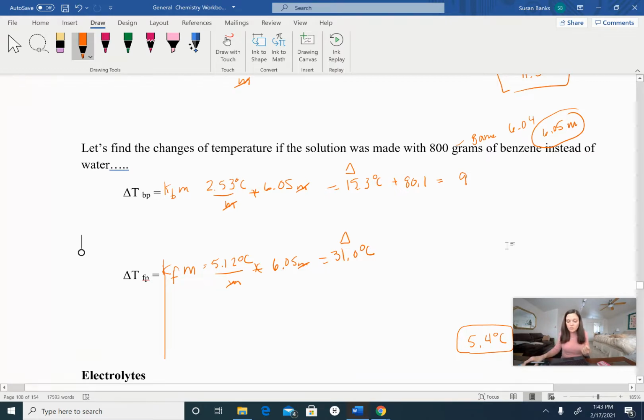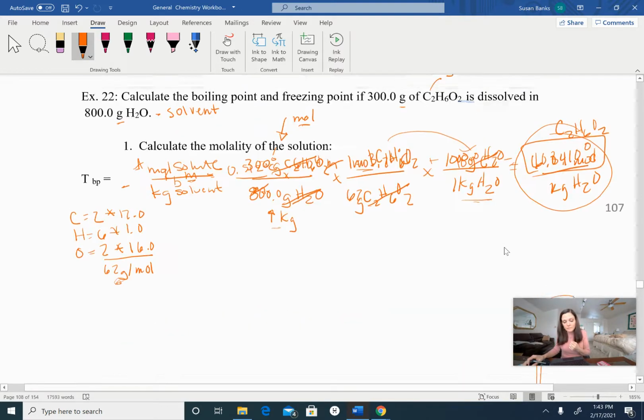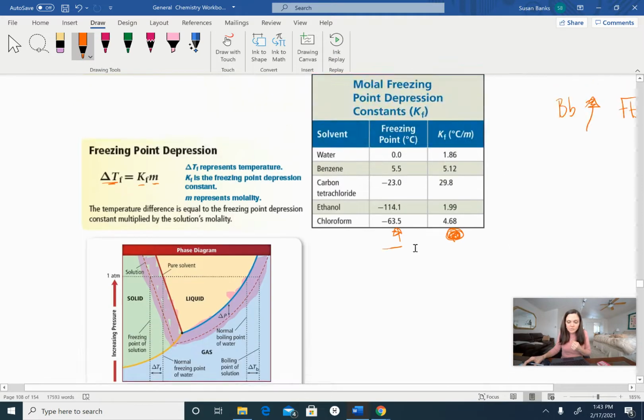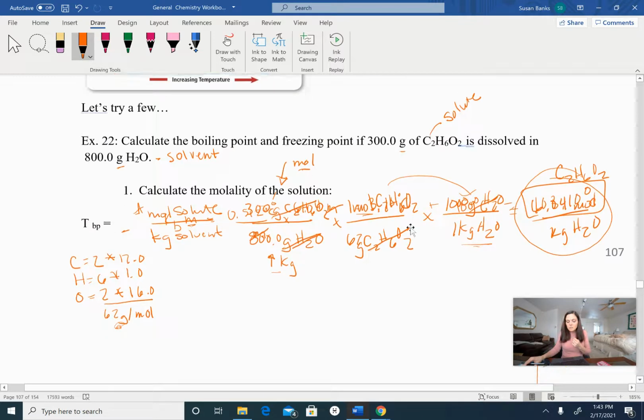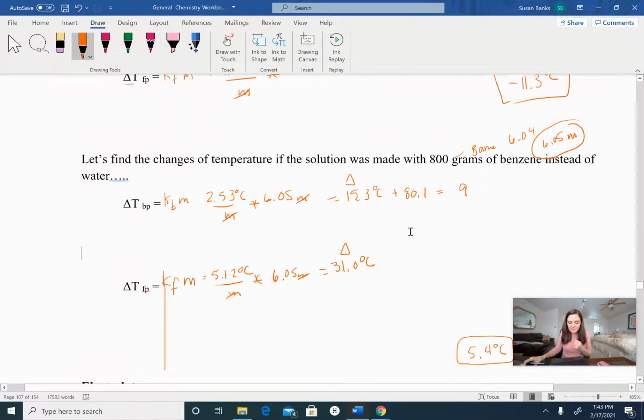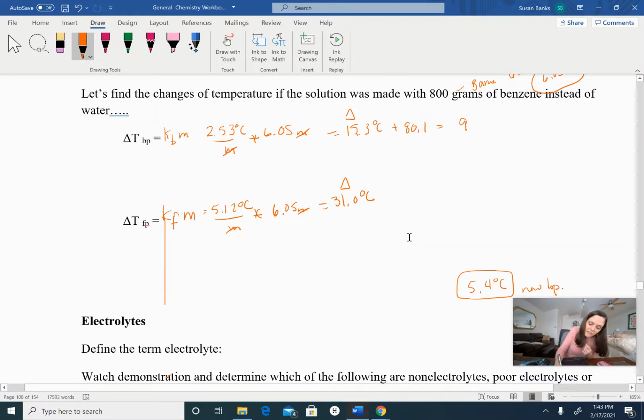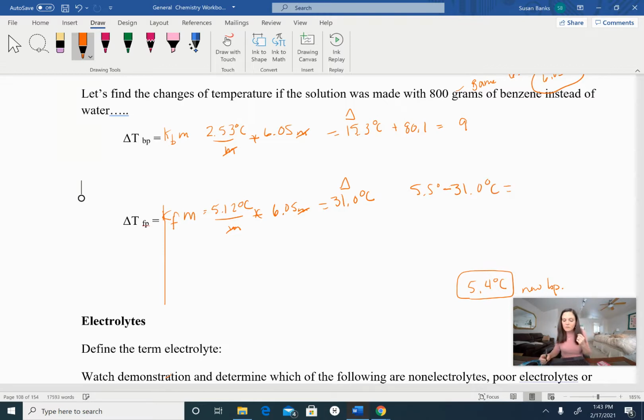So let's look at our normal freezing point of benzene. Okay, our normal freezing point of benzene is 5.5. So we have to subtract that. So we're going to take 5.5 degrees Celsius and subtract 31.0 degrees Celsius to get our new freezing point of